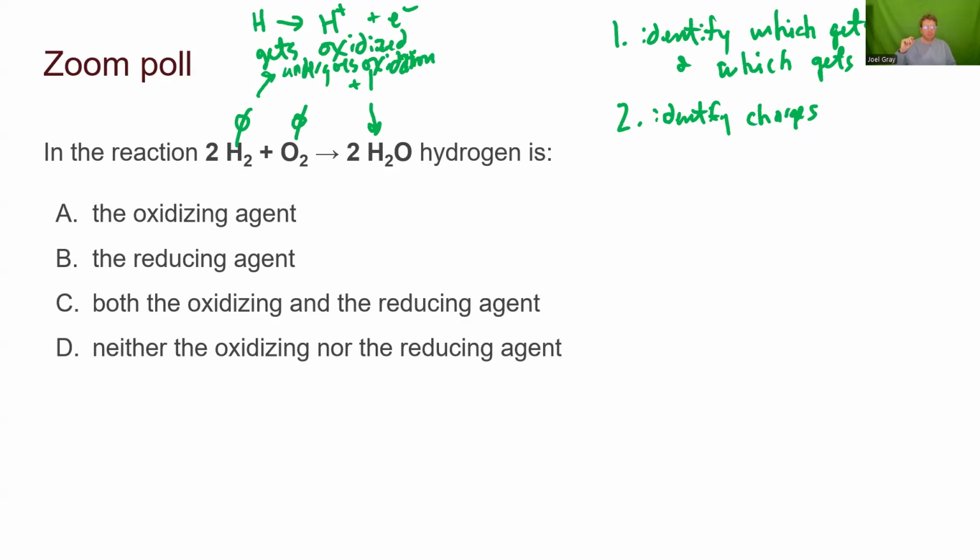That I think is the biggest barrier, because again, I personalize things and I say, well, if I have 5 Dr Peppers and I lose 3 of those Dr Peppers, my number of Dr Peppers is reduced. But that's where we have to take a pause and think, what do I mean by oxidation? What do I mean by reduction? So hydrogen here gets oxidized. Therefore, oxygen gets reduced.